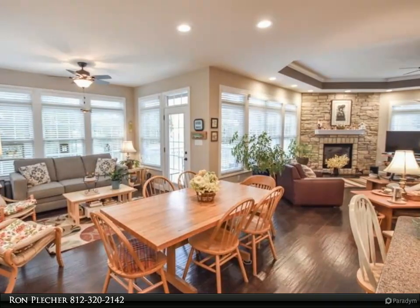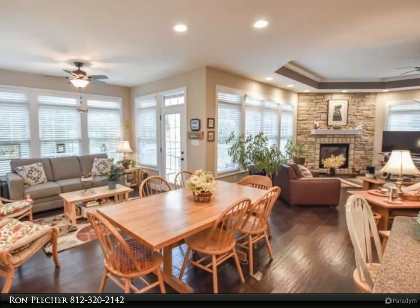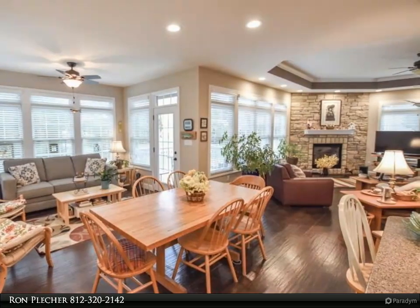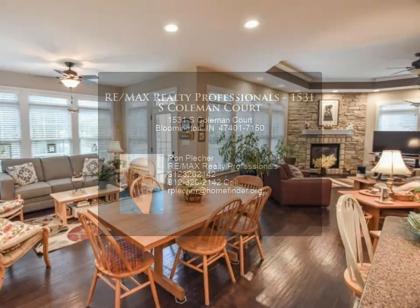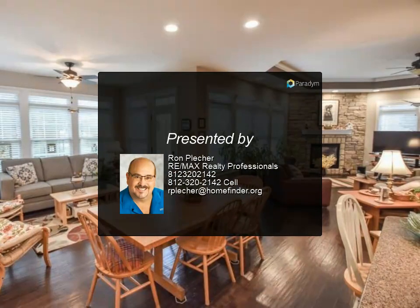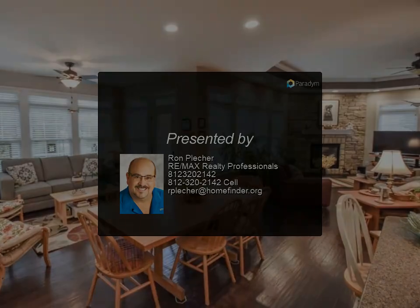Outdoor time can be enjoyed on the pergola covered deck overlooking the backyard. An oversized two-car garage provides additional storage space. Shadow Creek is situated ideally on Bloomington's desirable east side, convenient to shopping, restaurants, downtown, IU, and the